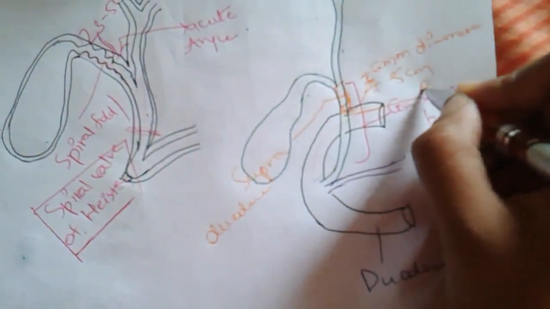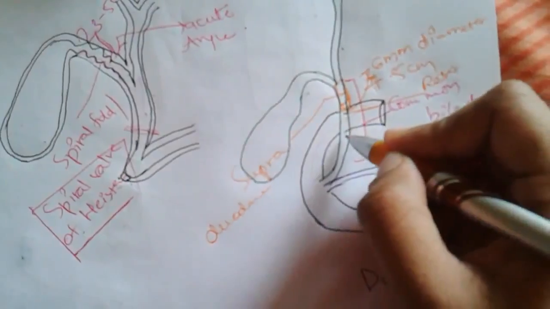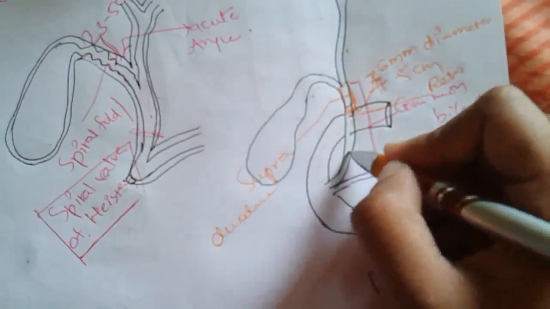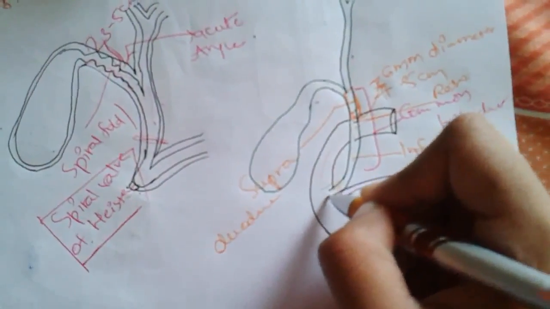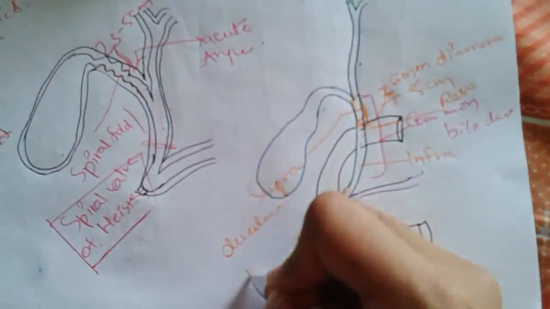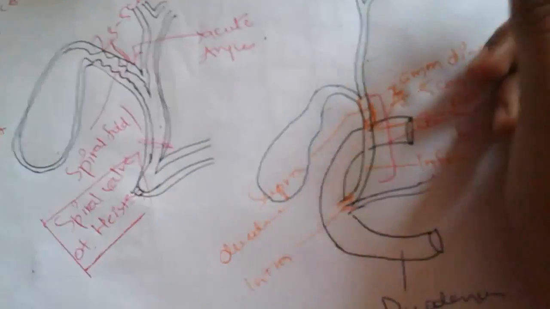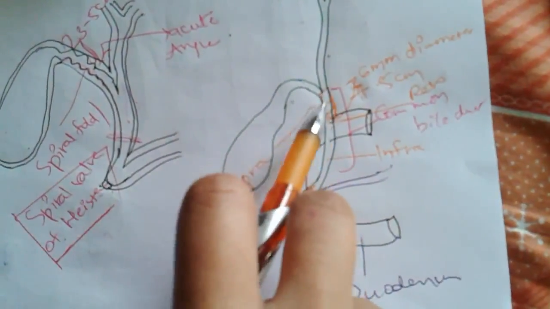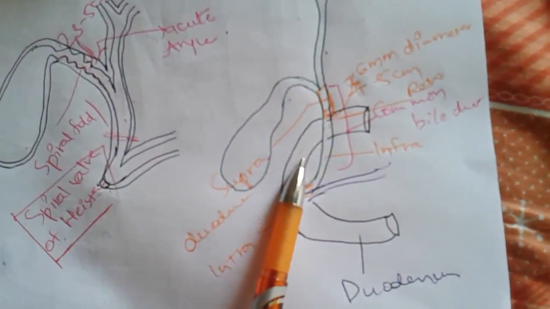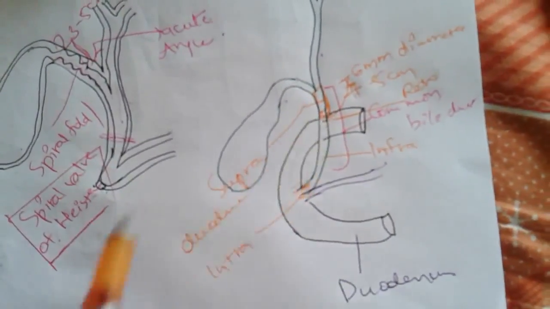So this is the retroduodenal part, and that present below the duodenum is the infraduodenal part, and that which is present inside the duodenum is the intraduodenal part. Okay, I think you now got it a little clearer. So this is the supraduodenal part, this is the retroduodenal part, and this is the infraduodenal part. The supraduodenal part is